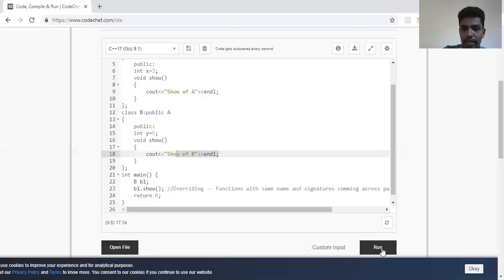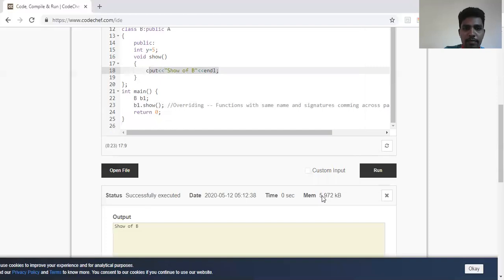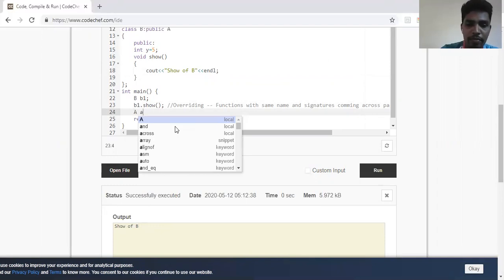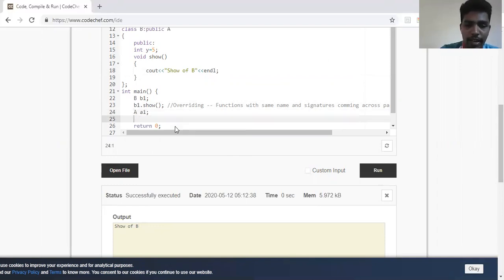So I'll run this and I'll show you. You can see here, show of B. Though it can also call show of A, it has called show of B. Now if I create an object A1 and call A1 dot show, this obviously calls A's show.